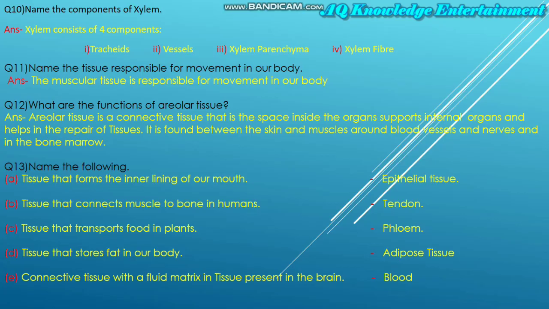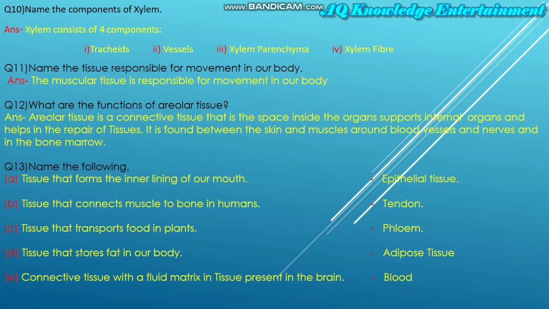Now what are the functions of areolar tissue? As I said earlier, the parenchyma is divided into two types, that's the aerenchyma. This is the areolar tissue. I just saw it like aerenchyma. I'm sorry for that. So the answer is, areolar tissue is a connective tissue that fills the space